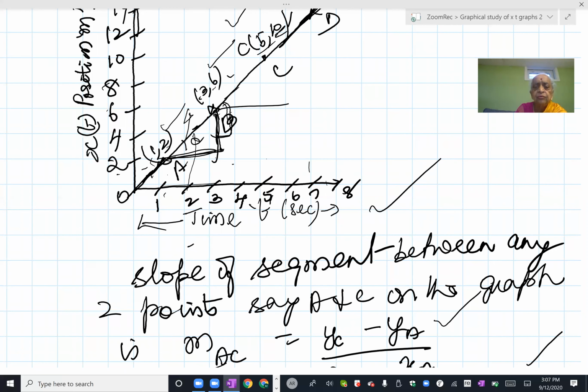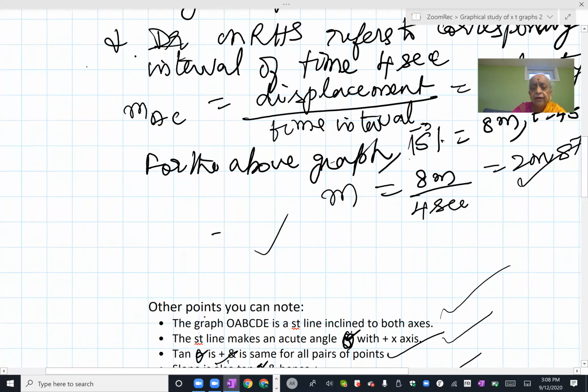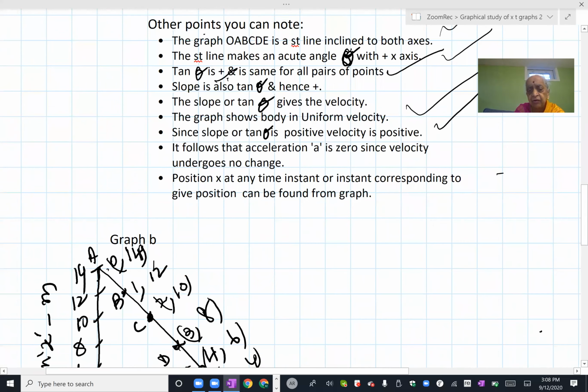And similarly, they can ask you at what instant it is at 8 meters. 8 meters is coming in between B and C. So at 3 and 5, what is the instant between 3 and 5? It will be 4. So if they ask at what instant the position is 8 meters, all you have to say is it is at 4 seconds, it is at 8 meters away from the origin. This is what you should understand. Given the tabulation or given the graph, any randomly chosen instant inside the graph, you can find out what is the displacement, and given the displacement, you can find out at what instant it is.